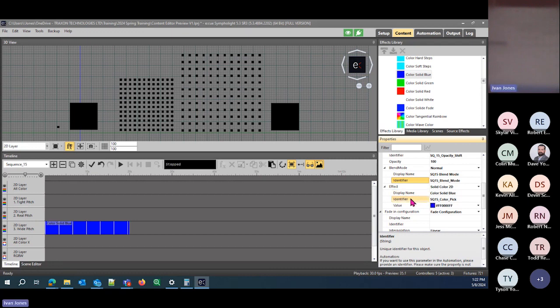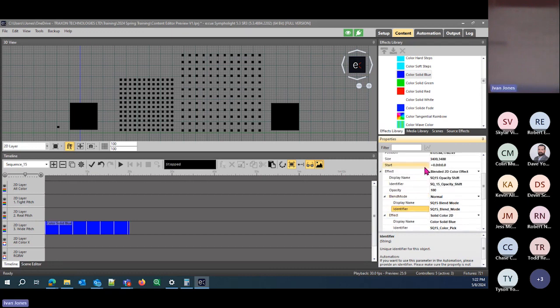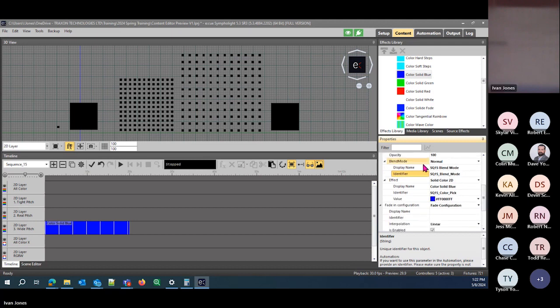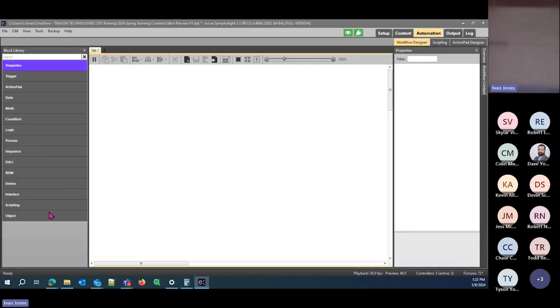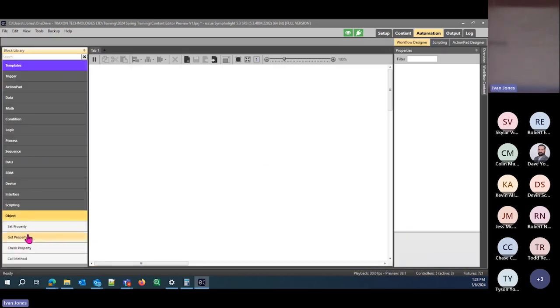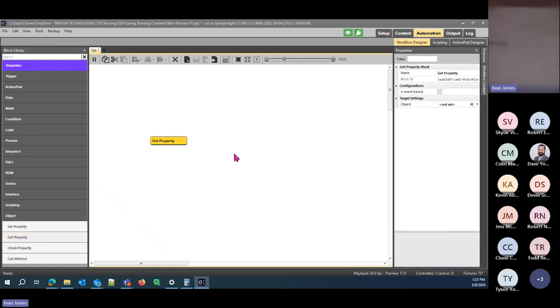So yeah, as Chase said, I came through here and added identifiers into 3 specific places. One of which will get me access to the opacity, one which will get me access to the blend mode, and one will get me to the color value. Again, not to take too much of Chase's thunder, I'm just going to flip over to the automation tab and show that you can bring these properties in and set them. So now that I have those targets made,